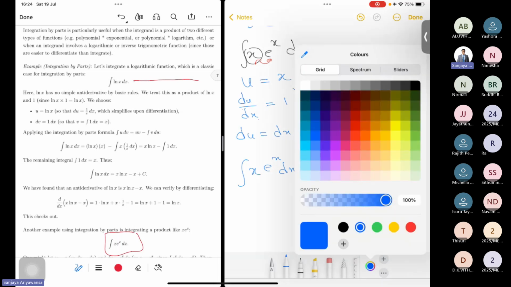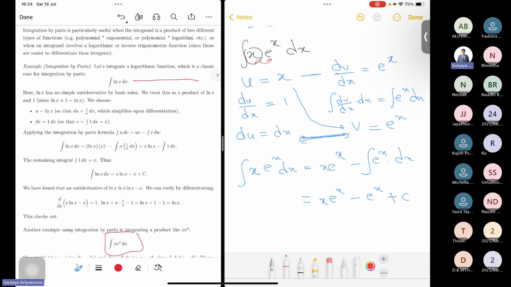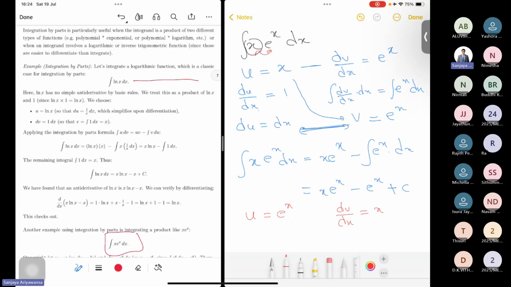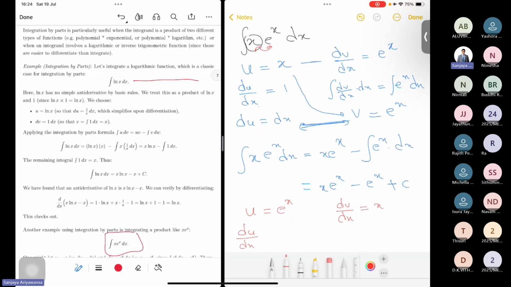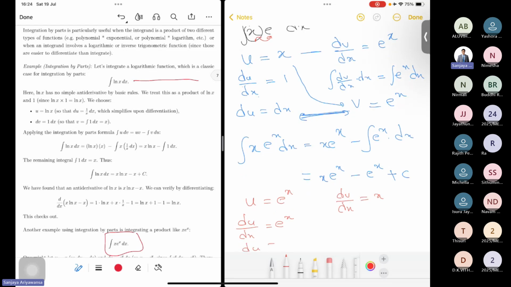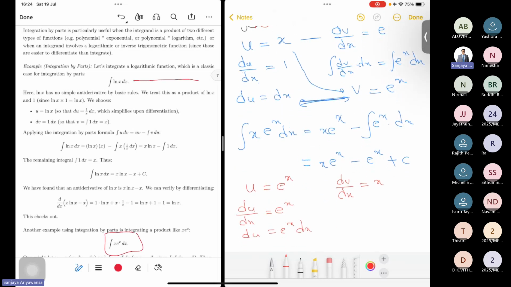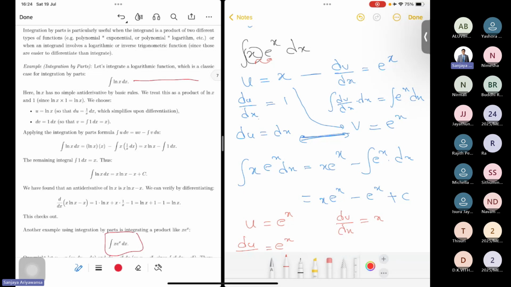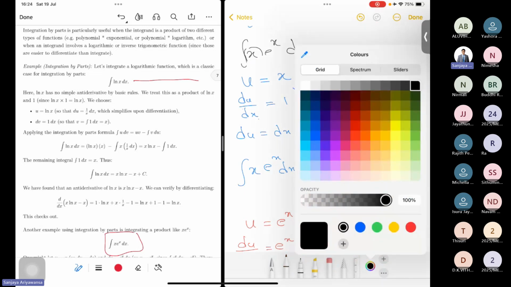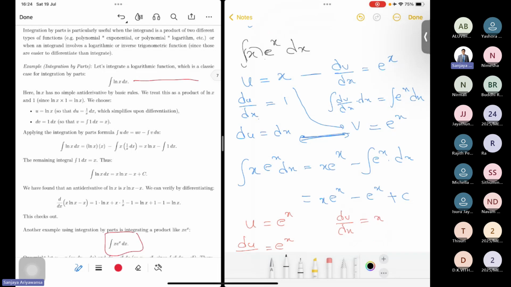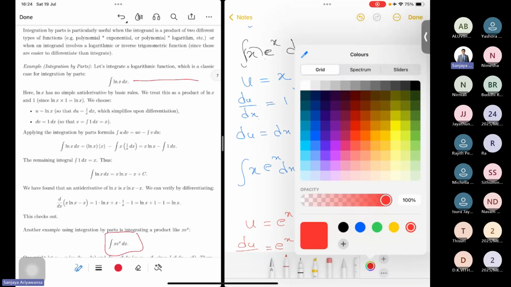But what if I chose differently? What if I chose u to be e to the power x and dv by dx to be x? What would happen then? Let's check it out. du by dx then would be e to the power x. It doesn't do anything. And du would be e to the power x dx. I'm substituting it with du. That seems to be a good thing to do. But if I look at now,